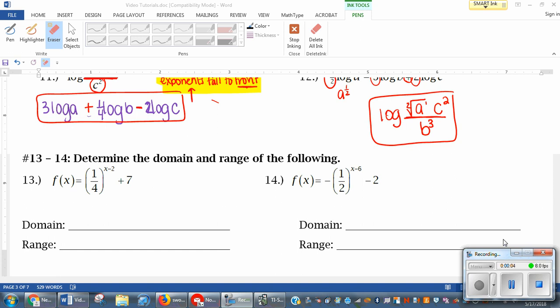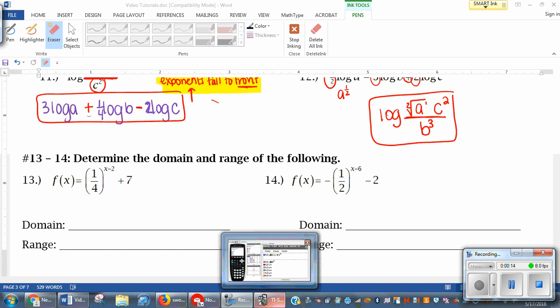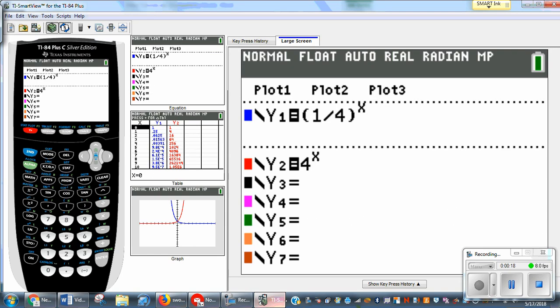All right, next, 13 and 14 deal with domain and range, which is referring to the graph of these functions. So I'm going to show you quickly on the calculator, just as a reminder, that these exponential functions have a j-curve to them. So what I've done in blue, we'll see the one that we actually care about, the 1/4 to the power of x. But next to it in red, I also want to show you what 4 to the power of x would